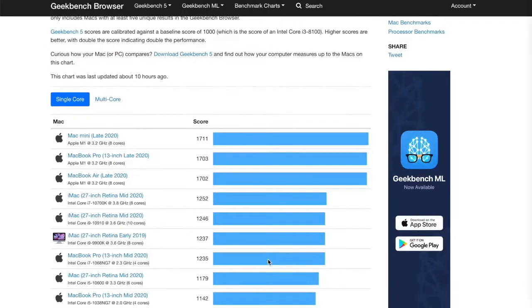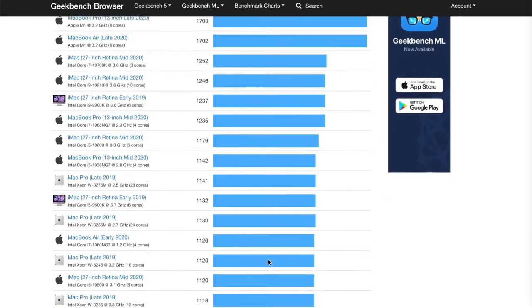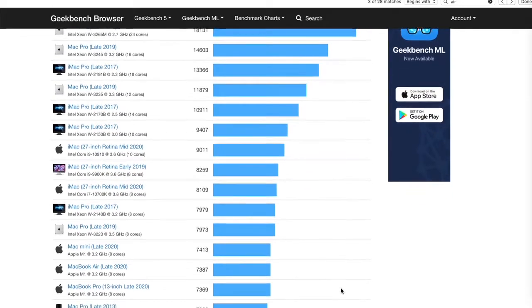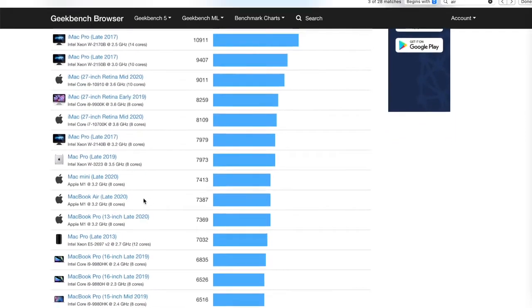All the native Apple apps like iMovie, Final Cut, Logic will be working perfectly. Even apps that are not currently optimized for the M1 architecture still benefit from the performance upgrade from the new chip. Geekbench score, which is a way to show how powerful the computer is, ranks the M1 MacBook as faster than the 2019 high-end MacBook Pro, which costs